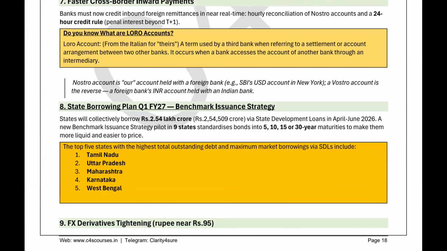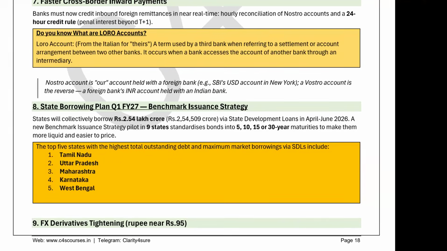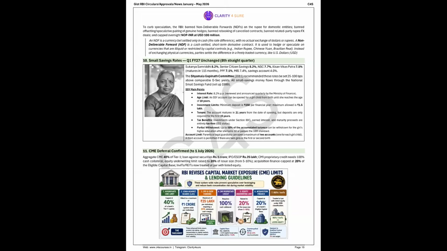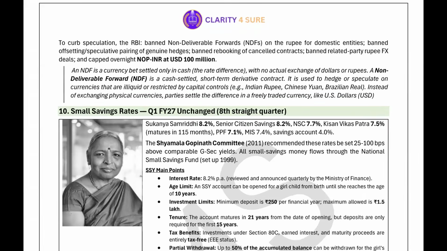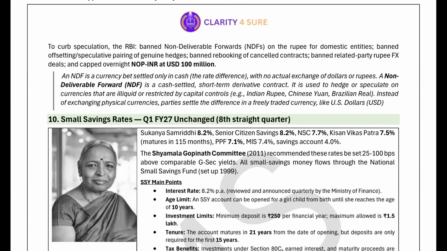And it is very important to understand because इससे rupee weak होगी, right? So which derivative RBI has used? FX. So please try to remember this. It is very important news. So that is to curb speculation, the RBI has banned non-deliverable forwards, that is NDF, on the rupee for domestic entities, banned offsetting speculating pairing of genuine hedges. ठीक है, अब ये देखना, capped overnight कितना था NOP, NIR के